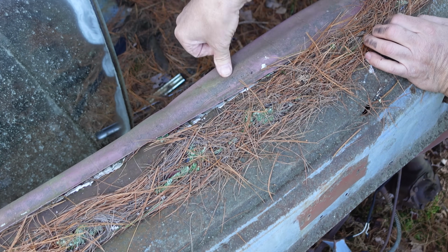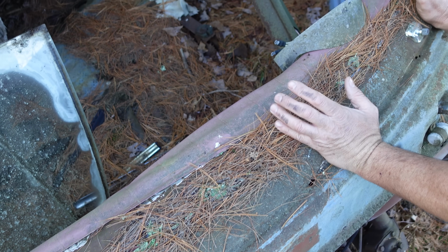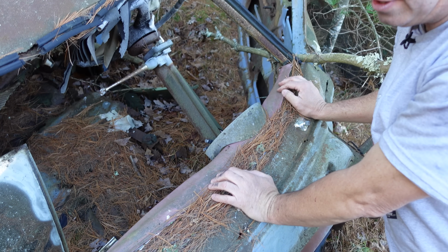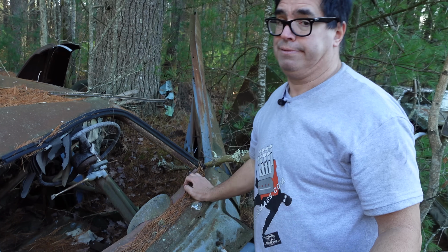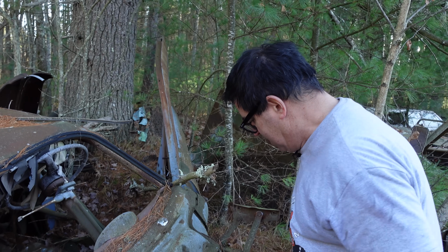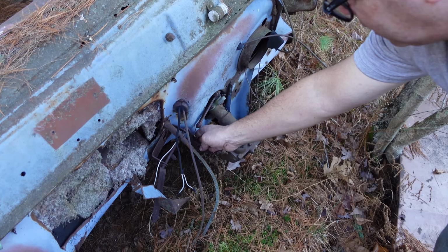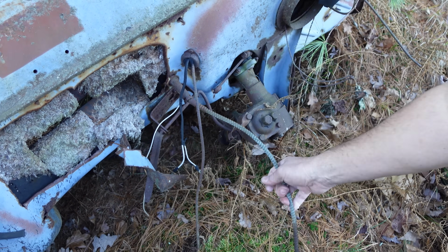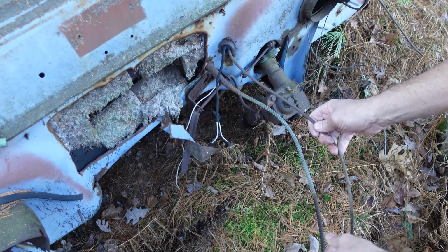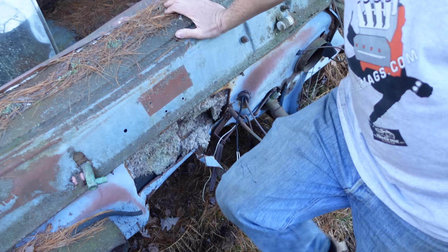This vinyl on top of sort of a foam rubber behind it would have been softer than the steel as you smacked your head against it when you came to a stop against a tree. So automotive safety has come a long way since 1951. We can see here the manual steering box right here, the gas pedal linkage in this area, speedometer cable probably right here, maybe the choke cable here, all the ancillaries and bits and pieces, arteries and stuff hanging